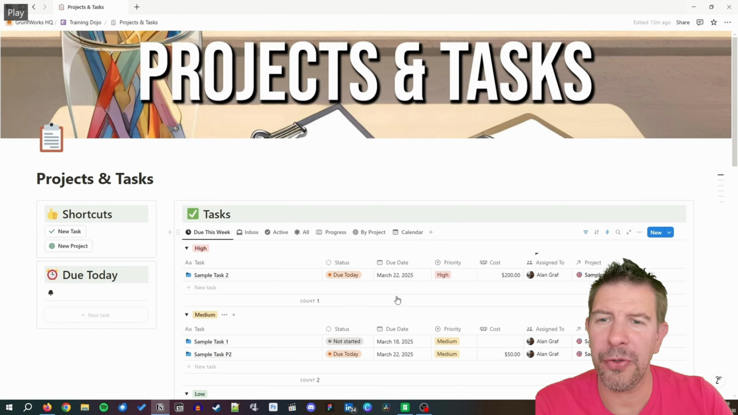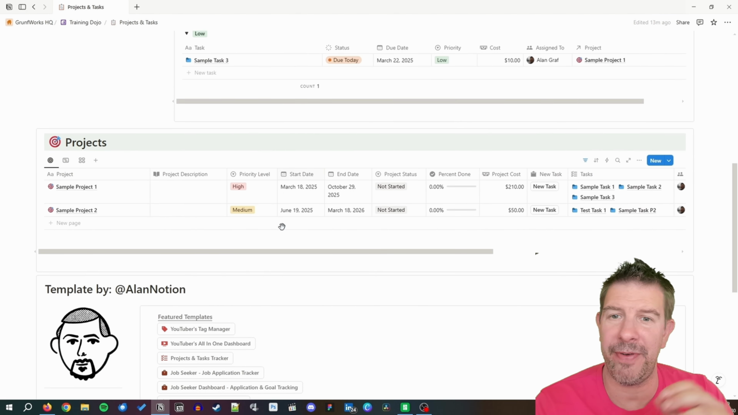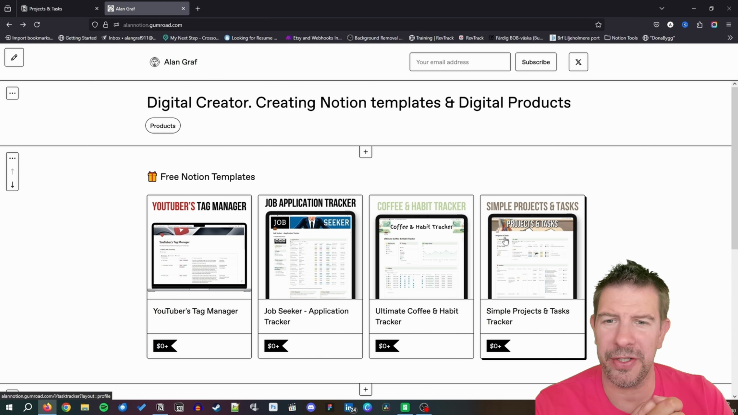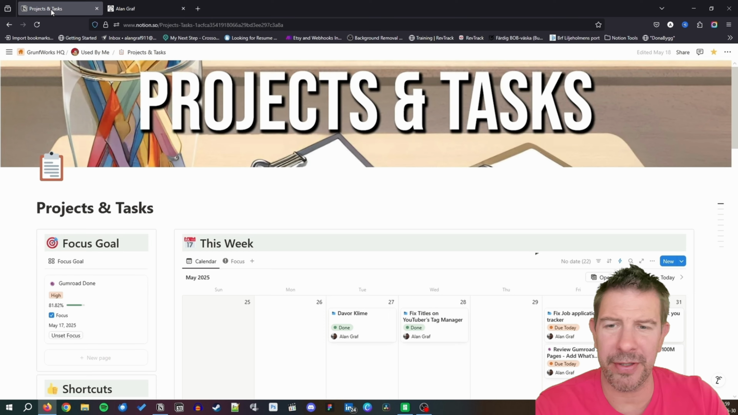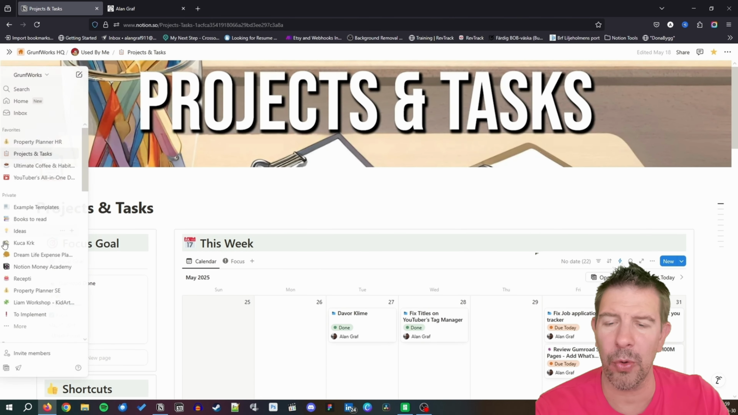Today I will be showing you how to take my template Projects and Tasks, which was one of the first templates that I have created, but it's very popular on my actual store, which is alanocean.gumroad.com. If you want, you can actually check it out. It's free to download. And I'm going to show you how to turn it into the focused goal planning tool